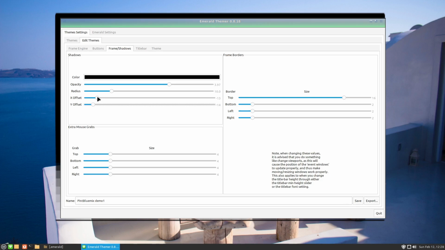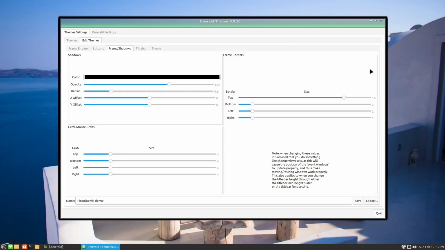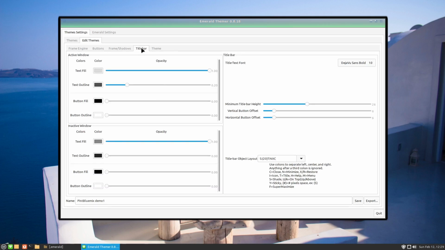No, we're just shifting it around. So you're pretty much going to have to play with the settings and just see what effect they all have. But extra mouse grabs and frame borders are two that I wanted to point out. Let's now have a look at the title bar,